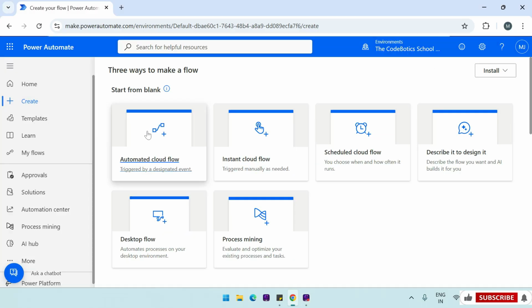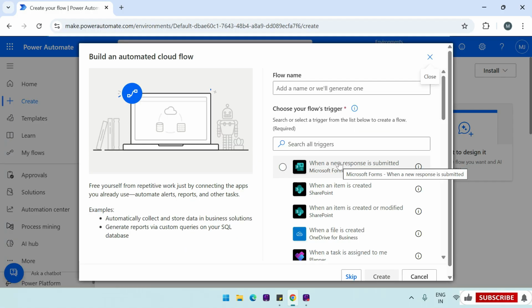Now, if you look at automated cloud flows, you will find triggers such as when an item is created. In simple words, this means the flow will start automatically whenever a new record or item is added to a system like SharePoint, Dataverse, or any list. We will explore more triggers later. No need to worry,